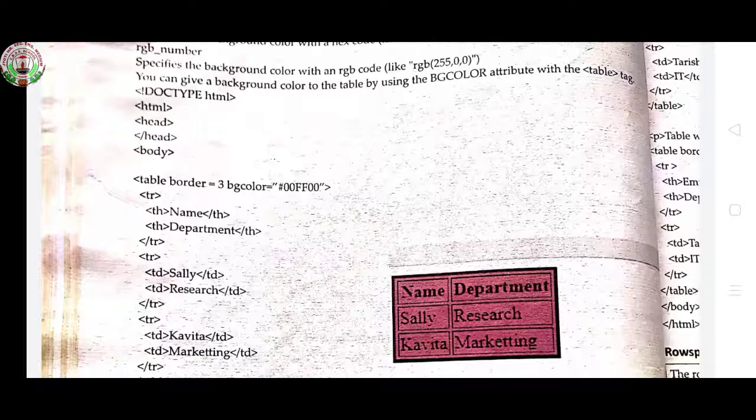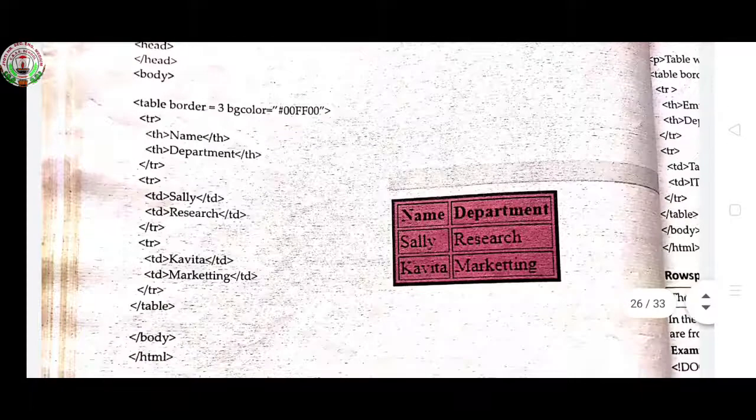Then first is TR, TR for table row, then starting is TH, table heading. Now here two headings, name and department. So TH name, close TH, then again TH department, close TH, then close TR. Two data I had entered here.